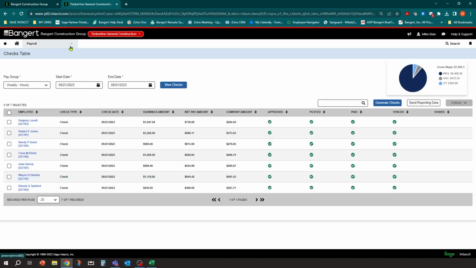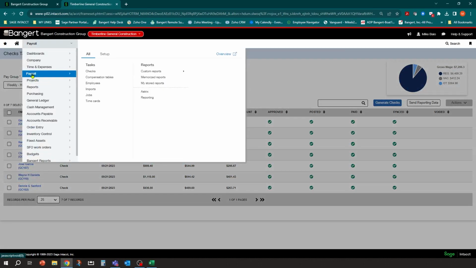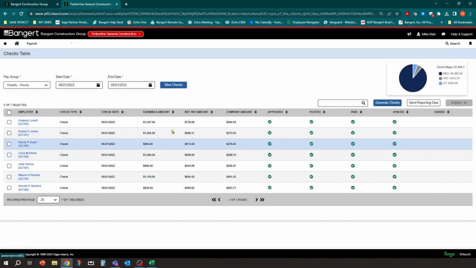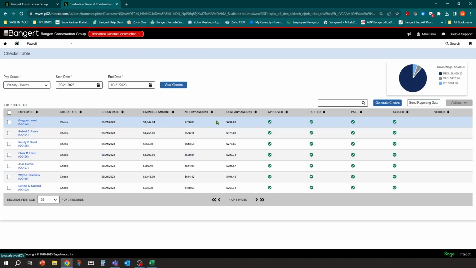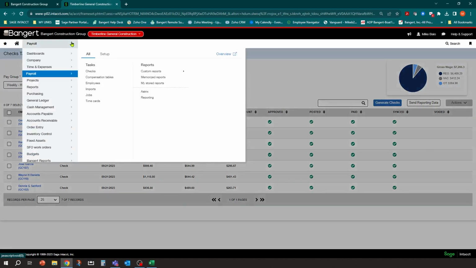And again, just to reiterate where that is, it's under payroll, all checks. And it doesn't really matter what week you pull up. It's not just sending this week. It's going to send any data that hasn't been sent yet at that time. So you want to make sure that that is done before you proceed. So let's go over. I'm going to show you where the payroll reports will reside by default. So the place to go to find these payroll reports is right in the report section.